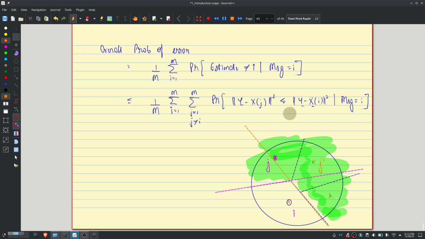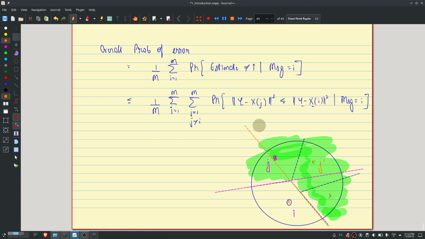This is my J prime. Then the probability of error for this pair I and J prime is the probability that the received vector lies to the right of this orange hyperplane. So now this particular region is being counted twice. So the probability of this plus the probability that it lies anywhere over here. So it's clearly an upper bound and potentially a very loose upper bound. That's something to keep in mind.